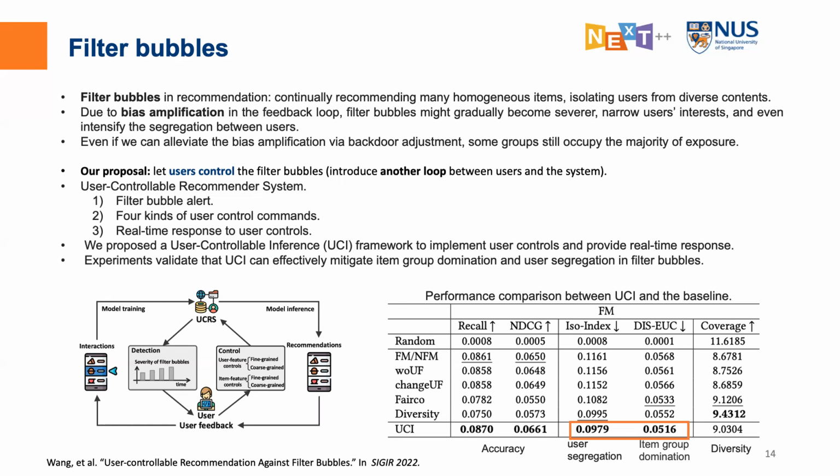Okay, any questions? I have a question. Can users make it worse, or can they only make it better? Make it worse? It means make the filter bubble worse, right? Yeah, you give me more. Yeah, of course. We define the user choice based on the item features, so we can define an item to be more recommended or less recommended. For example, if a user watches many action movies and just wants more, it just adjusts some item attributes, the values, to be higher.